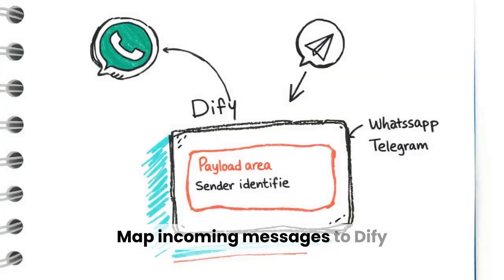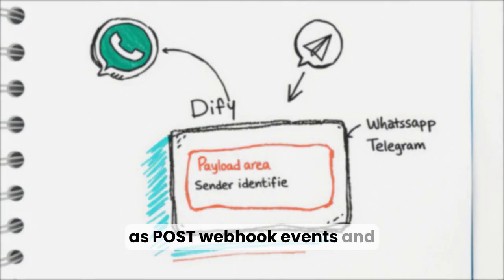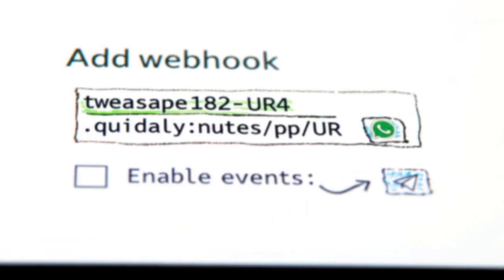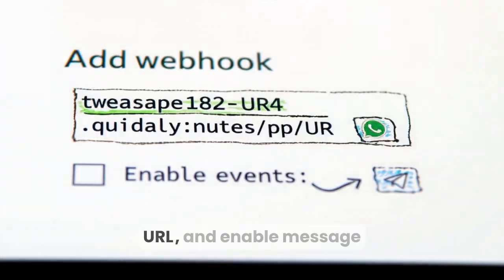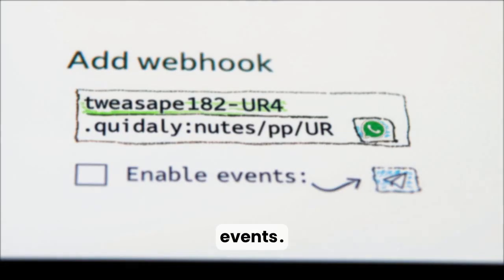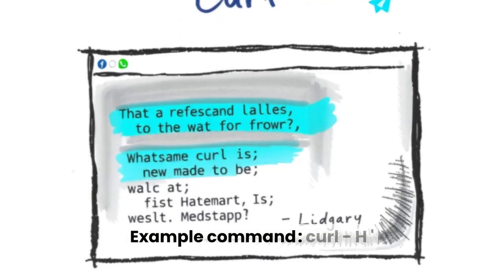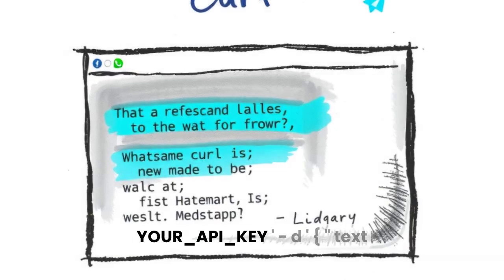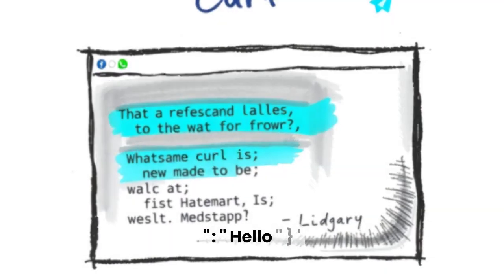Map incoming messages to Dify as POST webhook events and include sender IDs. In Dify integrations, add a webhook integration, paste the URL, and enable message events. Example command: curl -H "Authorization: Bearer your_key" -d '{"text":"hello"}'